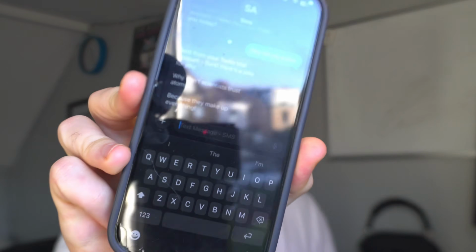What's up guys, in this video I'm going to be teaching you the simplest and quickest way to set up an SMS agent inside of N8n. So essentially you're just going to be able to text an AI agent through your phone